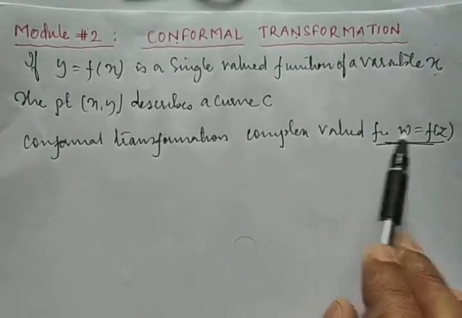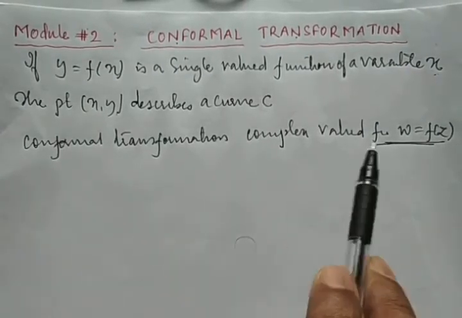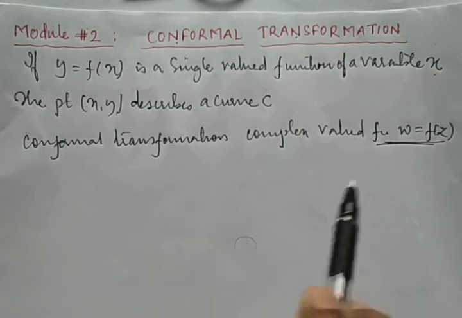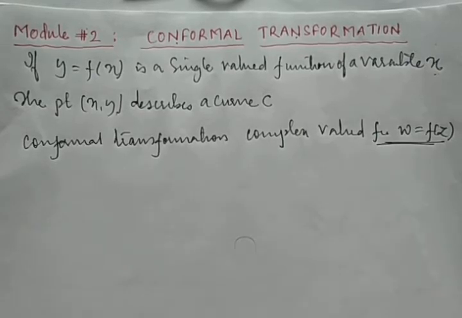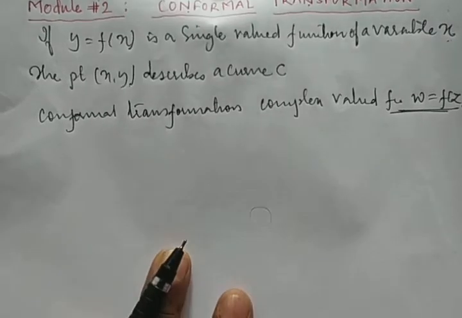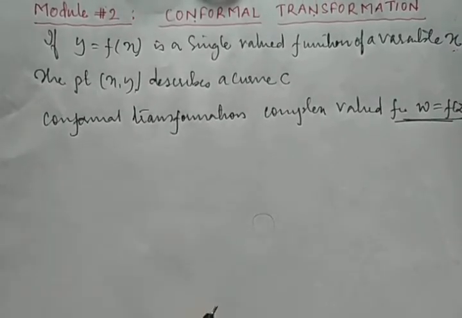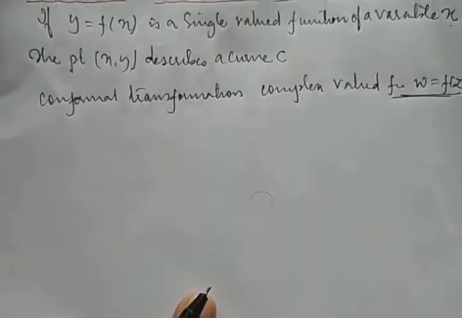One is omega and the other one is z. So here omega is a function of z, no doubt. So in future omega and z will be two different planes here. So we'll try to understand its definition and a few related things. What it is, let us see.